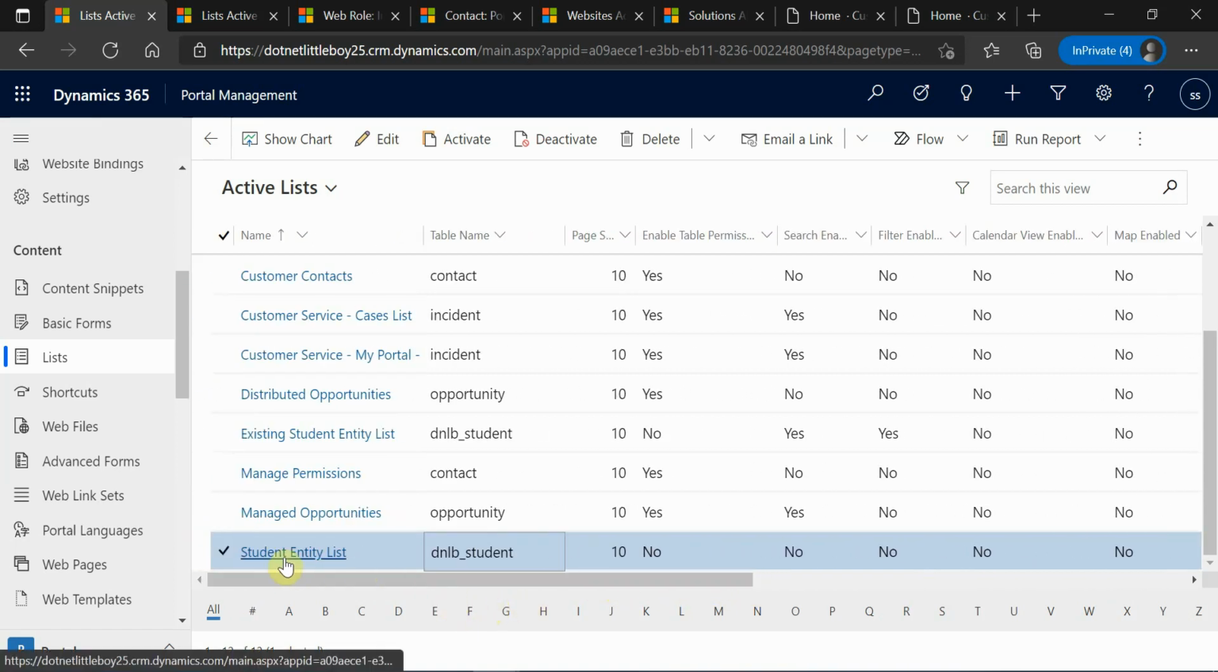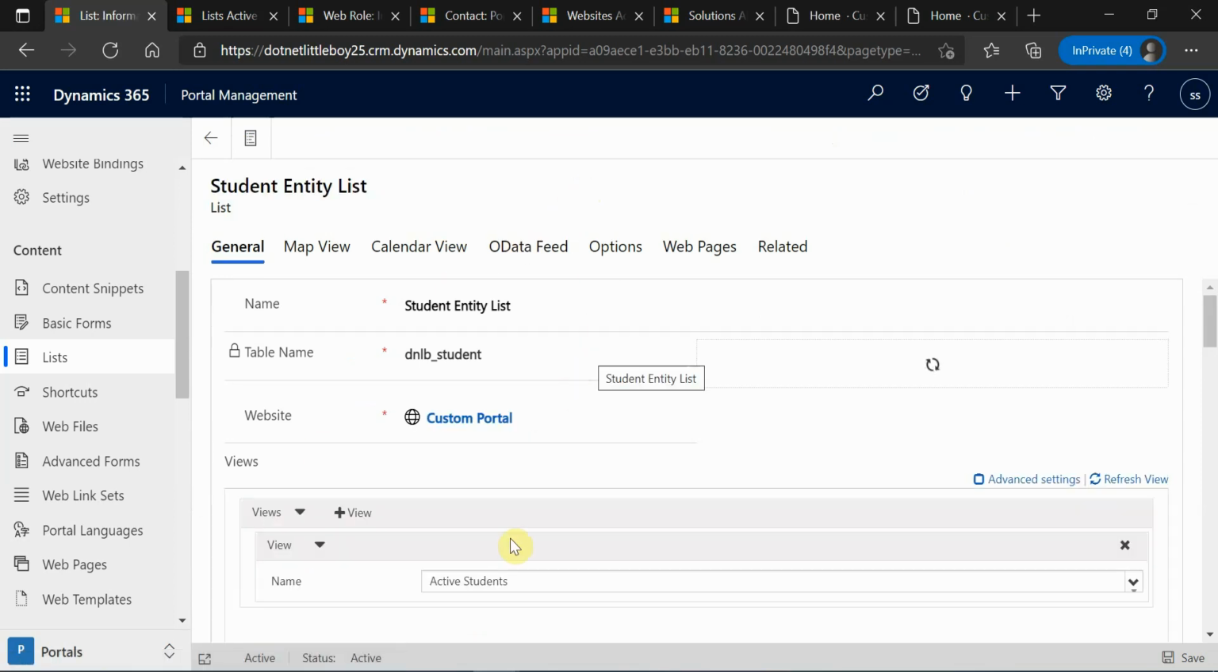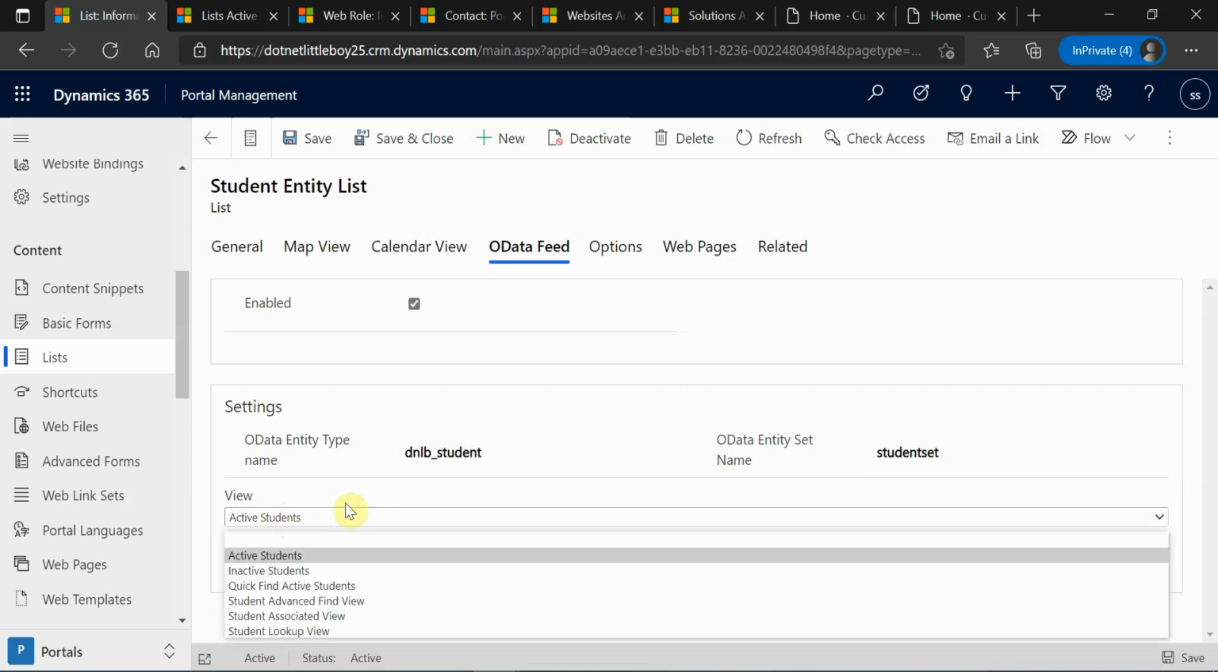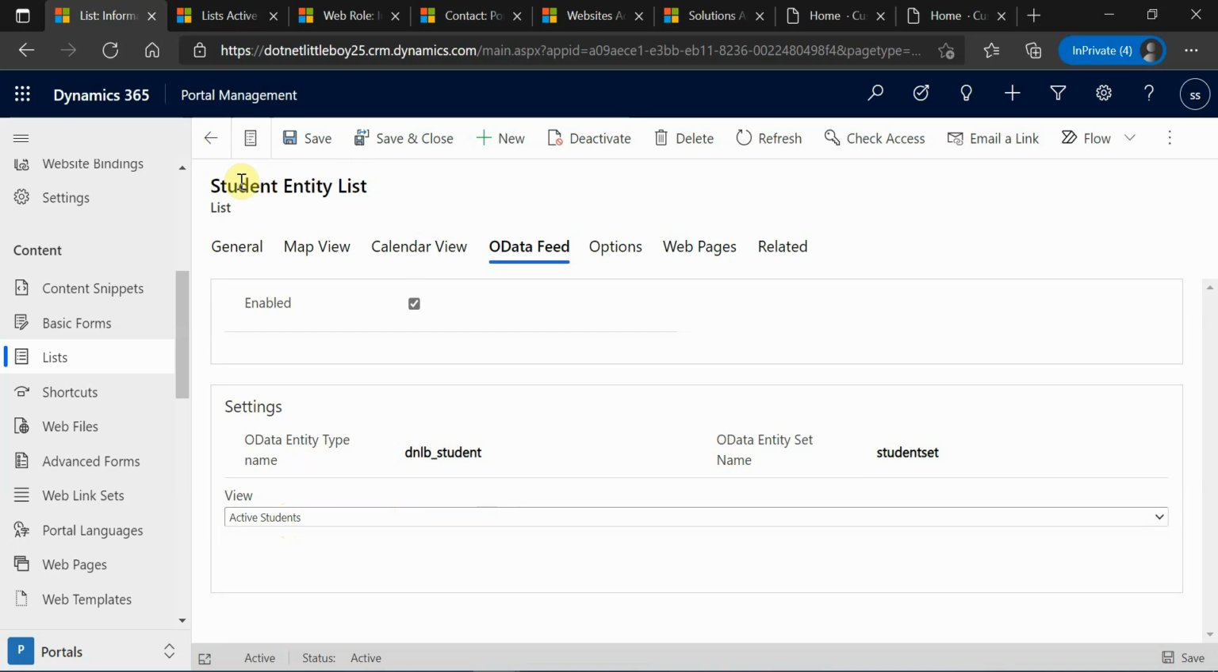When you open this entity list and go to the OData feed, it has the entity set. This is the entity OData set name, this is the entity name, and this is the view I'm using to display the records. So in the OData entity list, you will be using one of the views from the Dynamics student entity, you have to enable this OData feed, and then you have to give the entity set name. When you have saved that, after some time, or after you restart the portal,